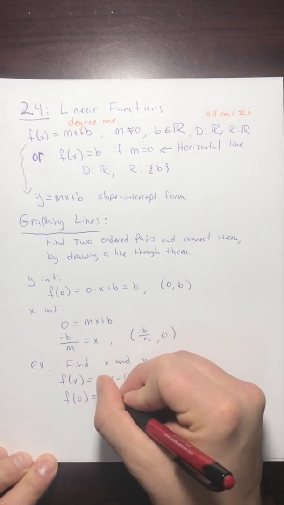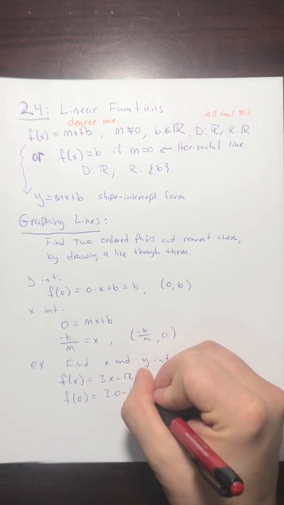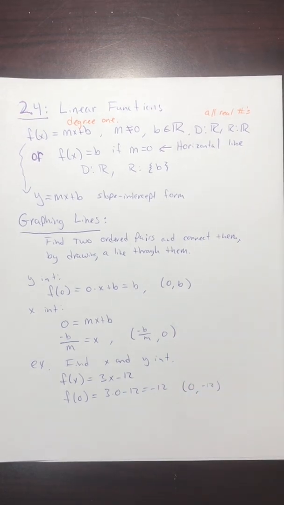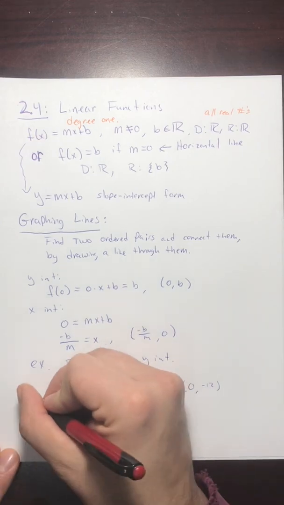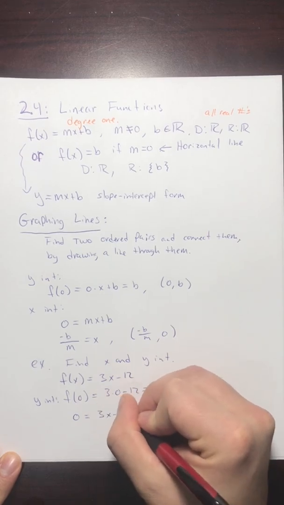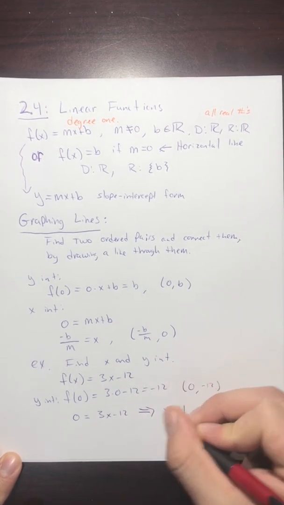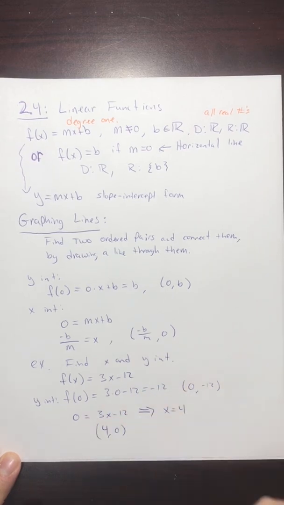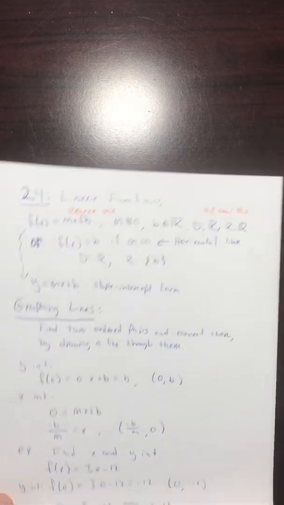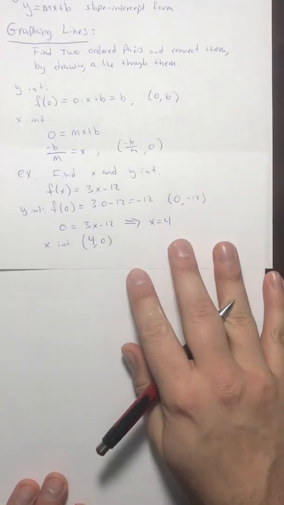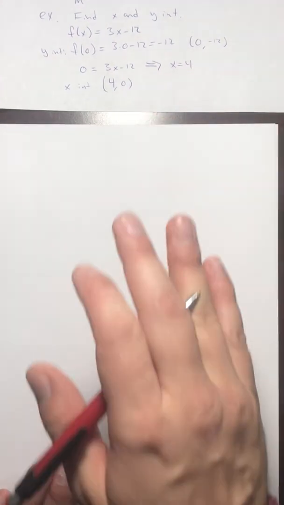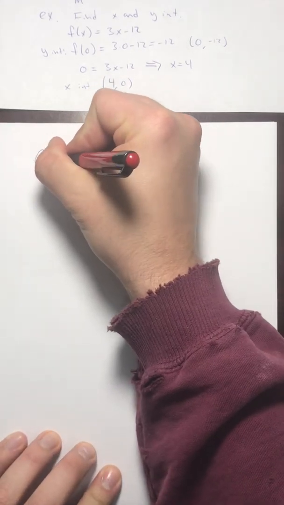So let's look at f of x equals 3x minus, let's do 12. So f of 0 is 3 times 0 minus 12, which is negative 12. So 0, negative 12 is the y-intercept. And 0 equals 3x minus 12. That's going to give us x equals 4. So 4 comma 0 is the x-intercept. So those are special points on the line,